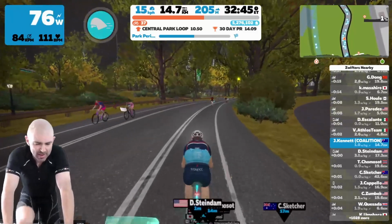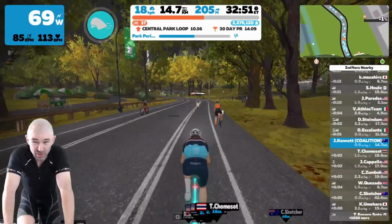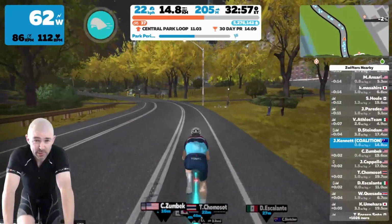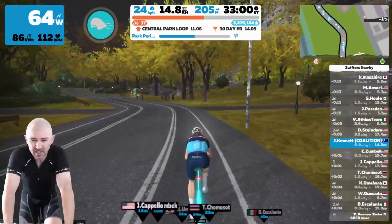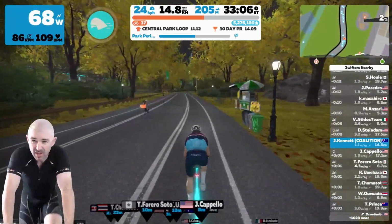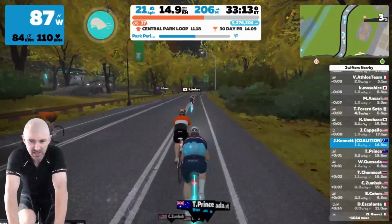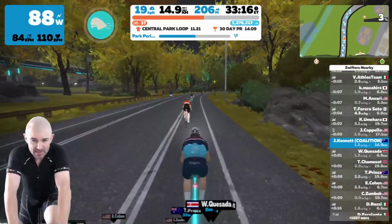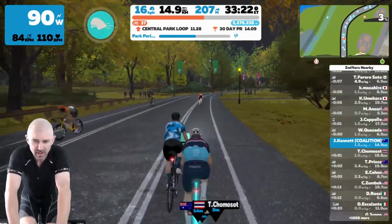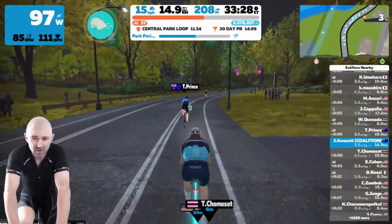But yeah, so VO2 max is the amount of oxygen that your body can consume and utilize to feed the muscles to generate power. So normally your absolute value, which you don't really see expressed too much if you're not looking into that sort of stuff, is normally sort of thank your mum and dad for that, and you can train a bit and certainly improve it. But normally what you see is a number like 60 or 70 or 80,